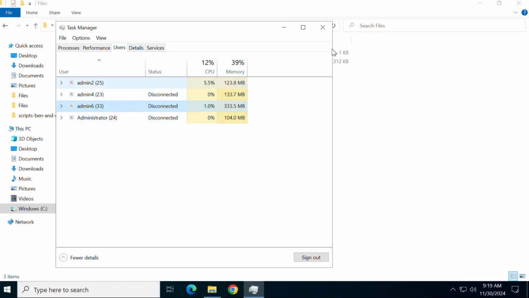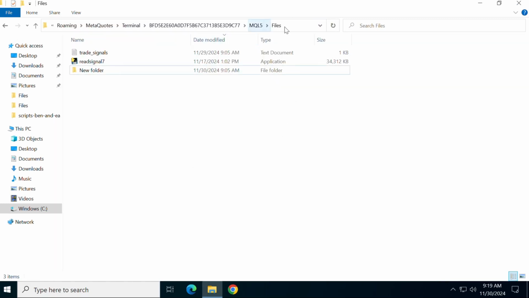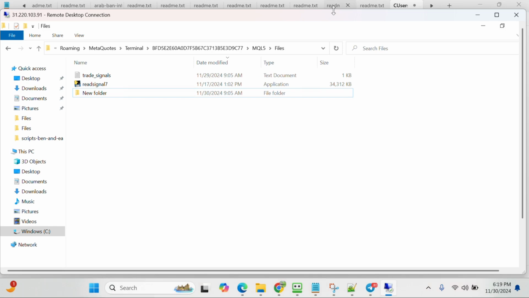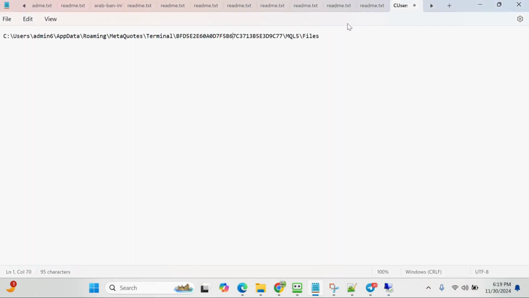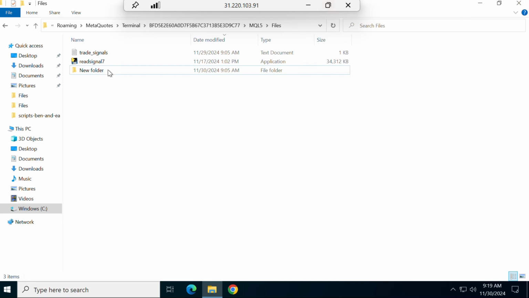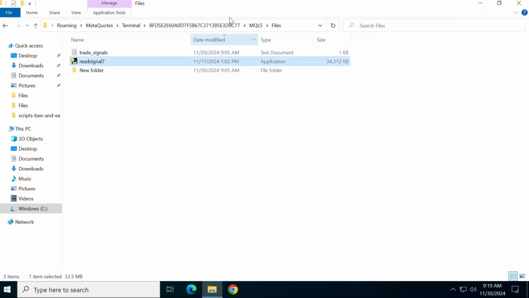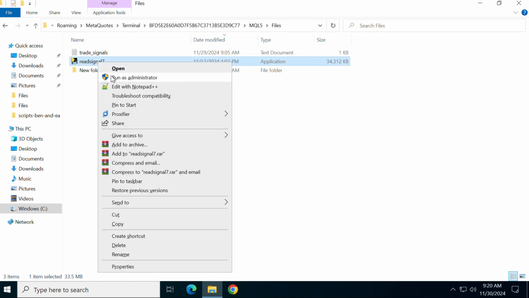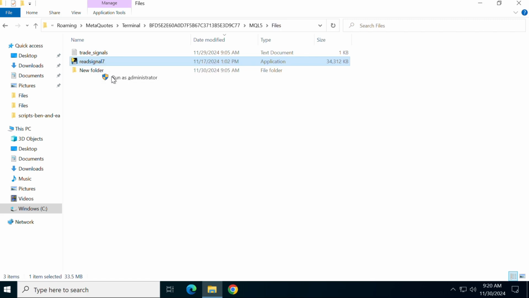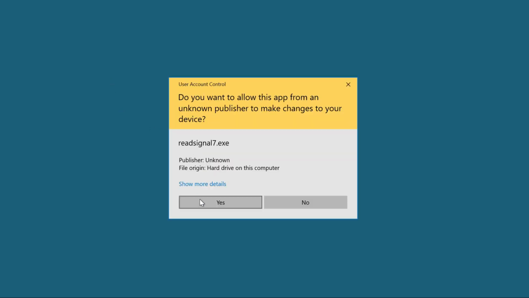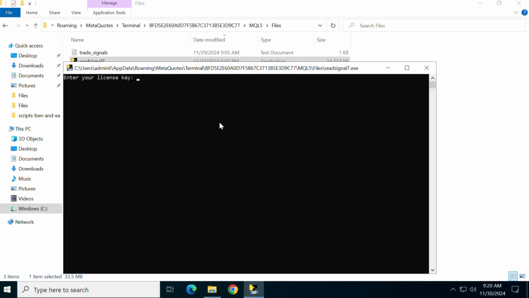And now we are connecting to it. As you see, this is the same path that I used already for our broker. So now we just have to run the software: right click on it, press run as administrator, and press yes. It will ask you about the license key, which is provided after you make the purchase